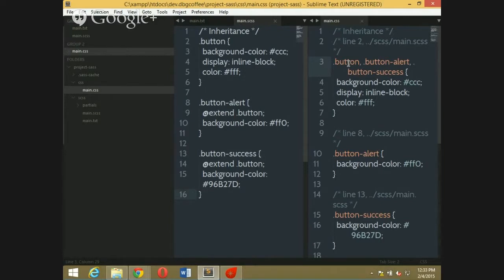I just want to extend my button. Simply write @extend dot button, the class which I want to extend, and the output will be something like this: button, button alert, button success.